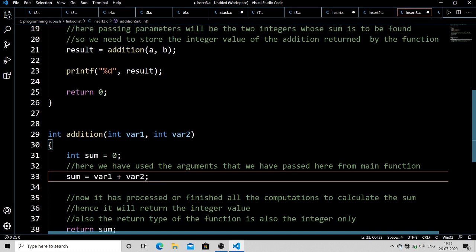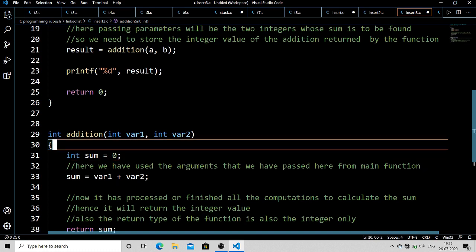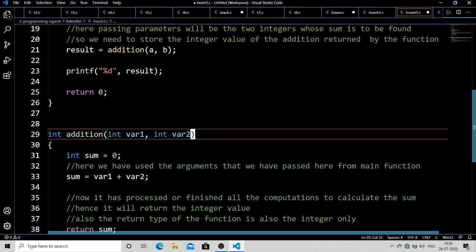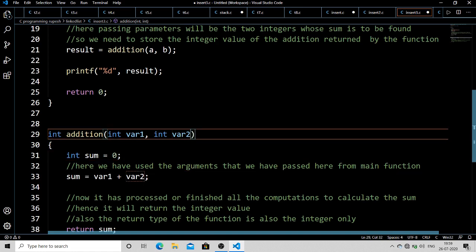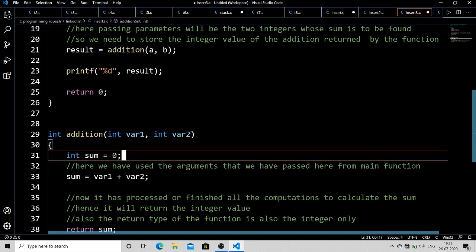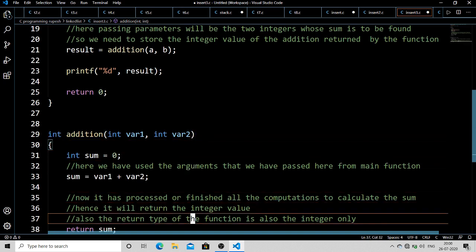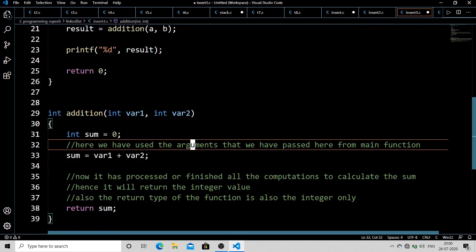In that video we'll come to understand why we are not allowed to use a and b inside the addition function, and why we are only allowed to use var1 and var2, because we have declared var1 and var2 for the addition function only. Hence we'll be using sum equals var1 plus var2.